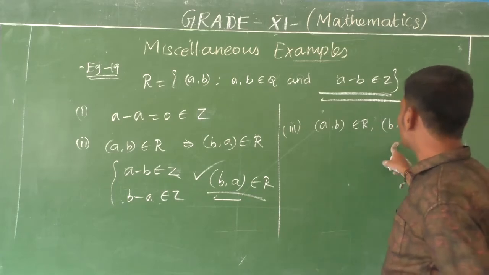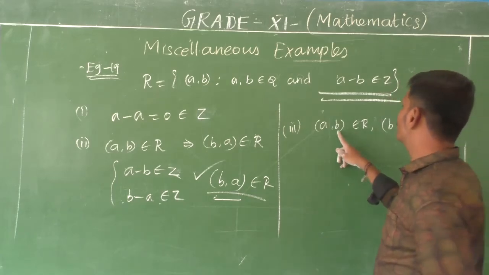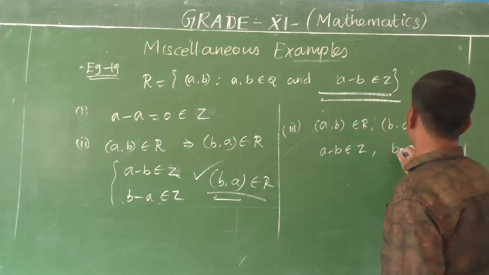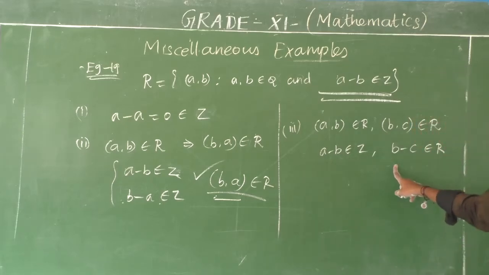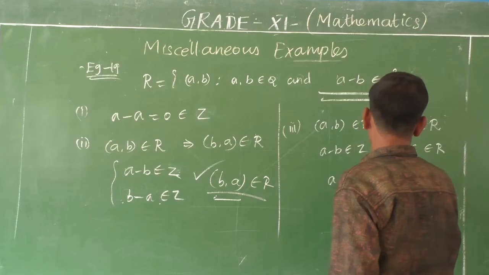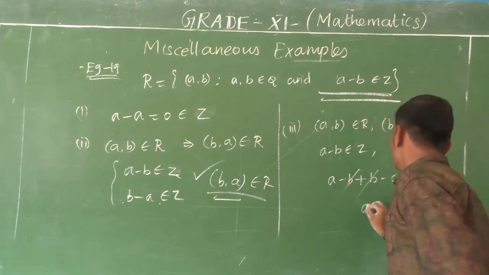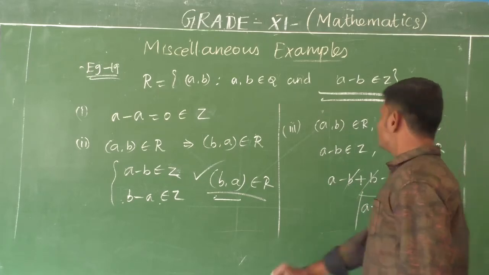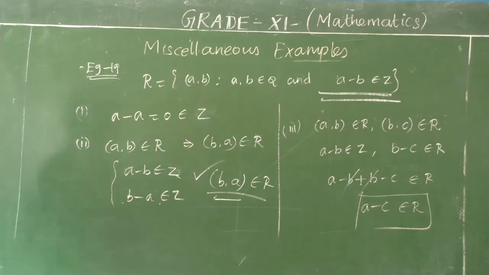These two numbers, I am going to take a subtraction or addition to get. First, A minus B belongs to Z, then B minus C belongs to Z. So from these two I am going to add. How? See, A minus B plus B minus C belongs to Z. Now plus B and minus B cancel. So A minus C also belongs to Z. Hence proved. Yes? Have you got it, children, from the example?